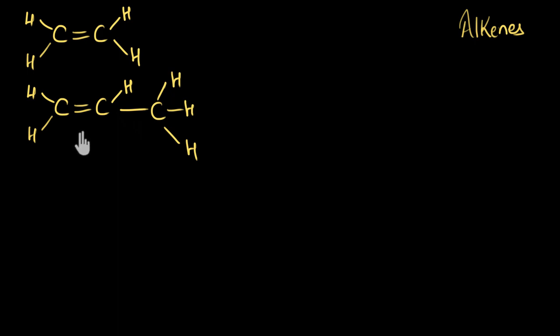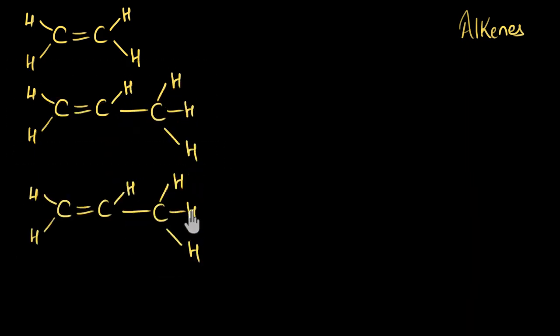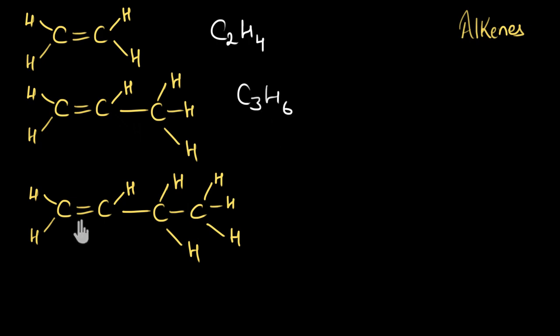Now, before doing that, let's write the next member of this family. Let's take a copy of this and replace the hydrogen atom with another carbon. So this is another member of the simple alkene family. Now let's try to find out their molecular formulas. Over here, I can see that there are 2 carbons, so C2, and then there are 4 hydrogens. So C2H4 will be its molecular formula. This has 3 carbons, so C3 and 1, 2, 3, 4, 5, 6 hydrogens. This has 1, 2, 3, 4 carbons, C4, and 1, 2, 3, 4, 5, 6, 7,